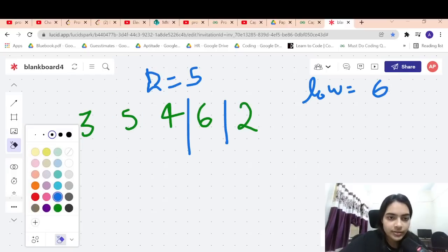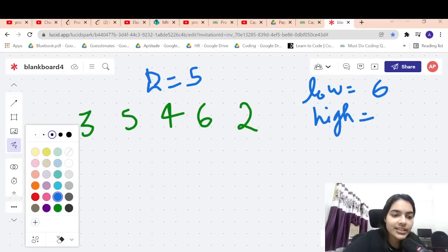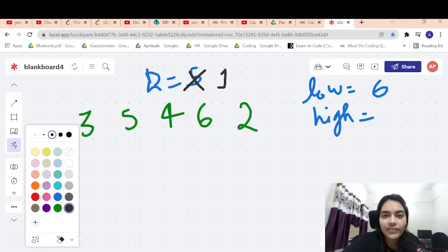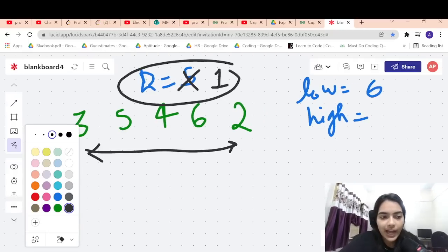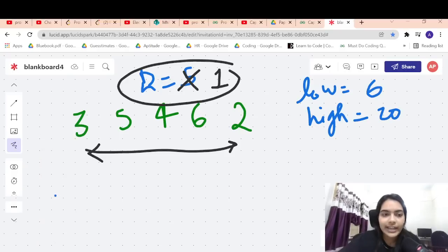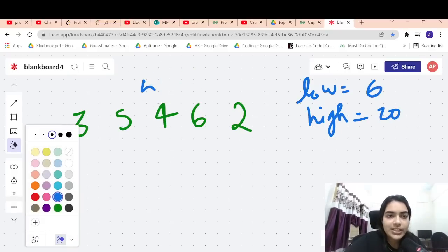Okay, now what is the highest that you need? Highest we discussed just before. In the worst case scenario you have no other choice. If the number of days given is 1, you will have to carry all of them on day 1, right? So the highest that you need is 20 kgs in this particular answer. Okay, what if you are given some other days?